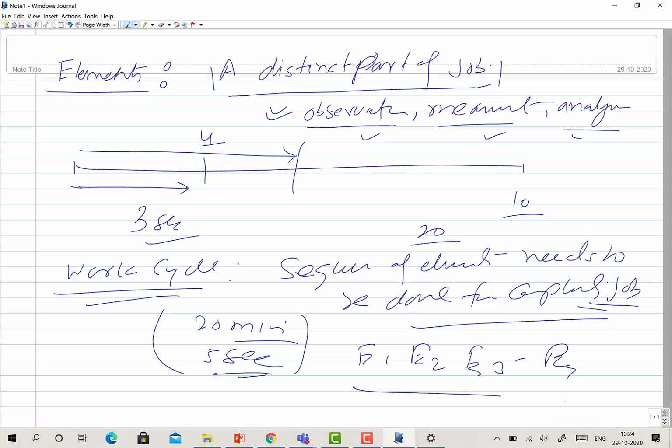So the job of 5 seconds or 20 seconds is to be broken. The job has to be broken into the different elements, and the time taken to complete all these elements, when they are performed in particular seconds, will be termed as cycle time or work cycle time. Okay,